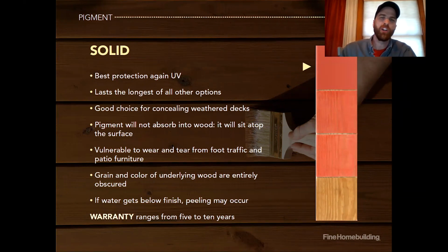And so if you had all other factors being equal, these solid stains are going to last the longest. They're also a good choice if you need to conceal a really weathered deck. That's made them really popular for people who are breathing new life into an old, worn out, pressure treated deck. The pigments don't absorb into wood as well, though, as other more translucent finishes. So these stains are sort of like a coat of paint. They sort of just sit on top of the surface of the wood,